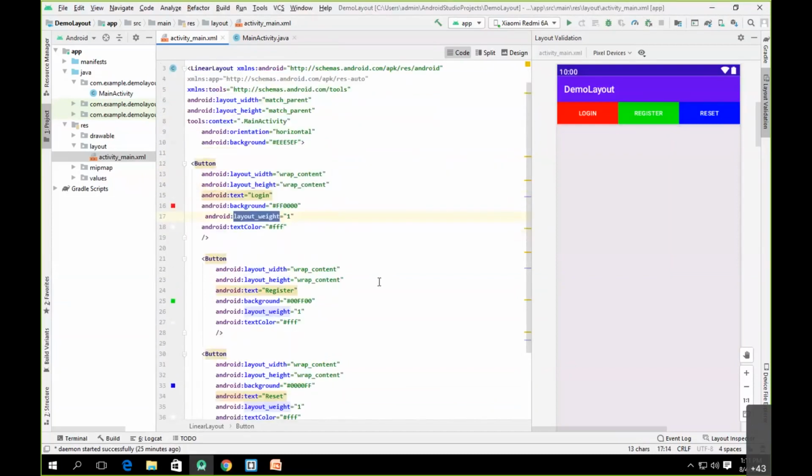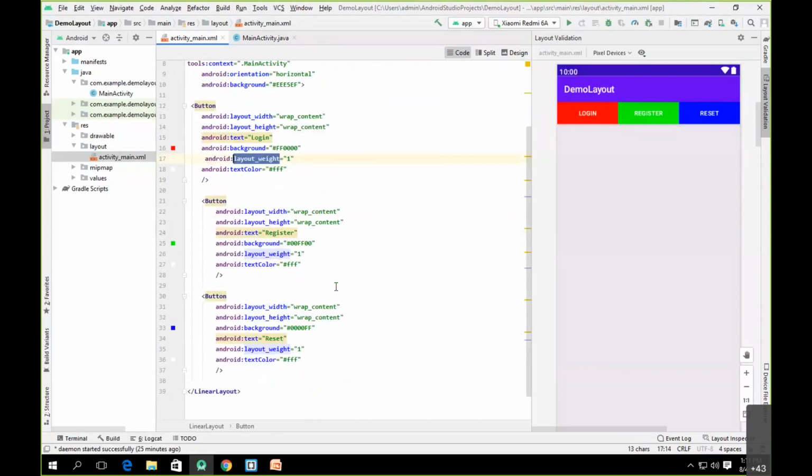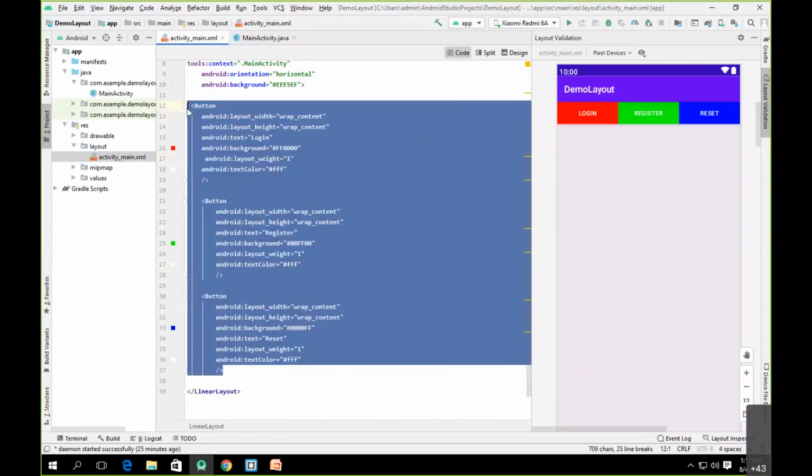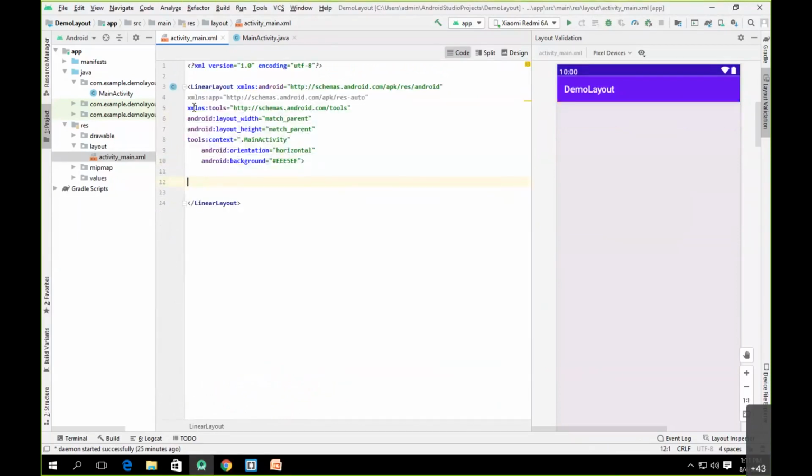Now let's see whether we can design a login window here or not. Let's remove this entire thing. For a login, we need to have something called an input control. We need to have one login button, and we need to have a register button. Let's see whether we can design it using a linear layout.